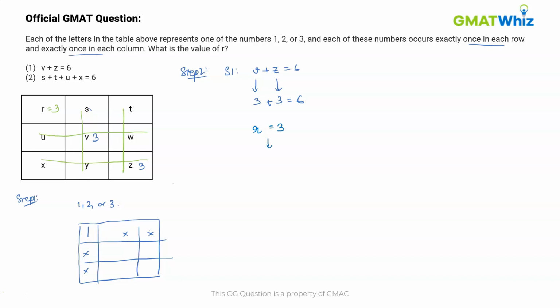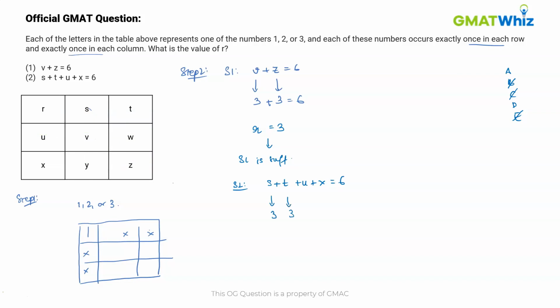So we can conclude that statement 1 is sufficient. And from the given options, we eliminate B, C and E. We now check the sufficiency of statement 2. In statement 2, we are given that the sum of S plus T plus U plus X is equal to 6. If I take S and T to be individually